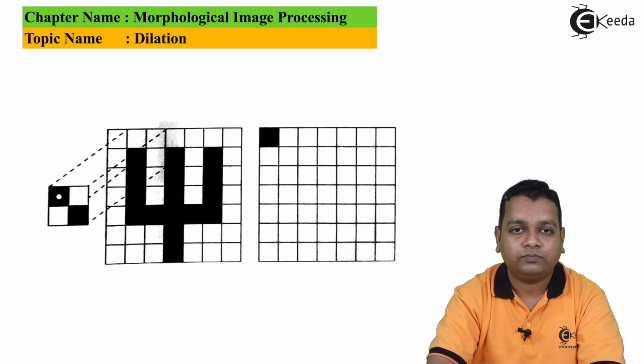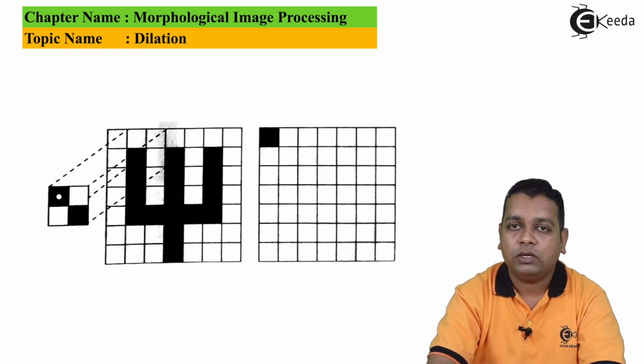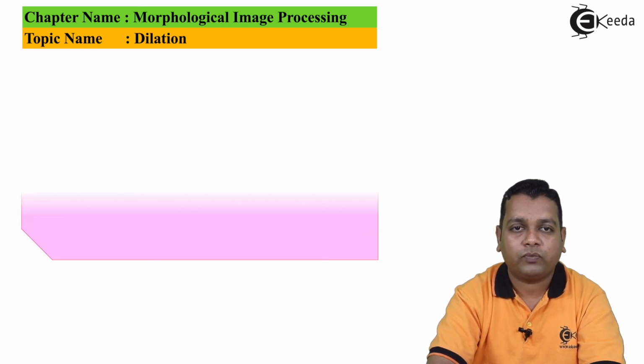So we see here the overlapping of the structuring element at the second position by a shift of 1 unit to the right hand side. From this pixel corner to this pixel corner, the span of 2 by 2 we are supposed to cover, and because of such a process the resultant image can be shown in this particular portion.